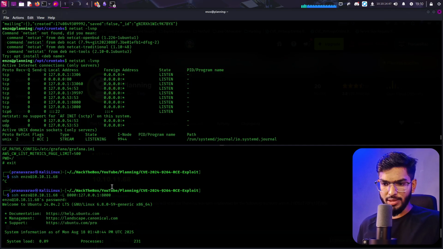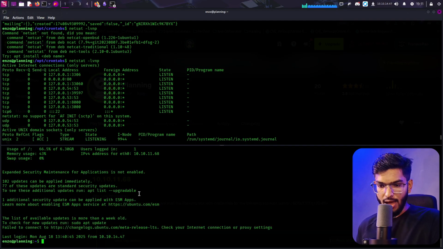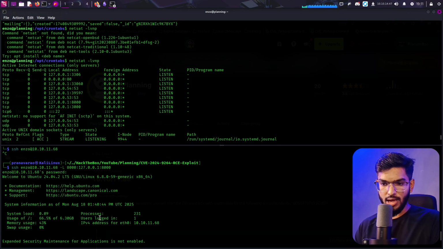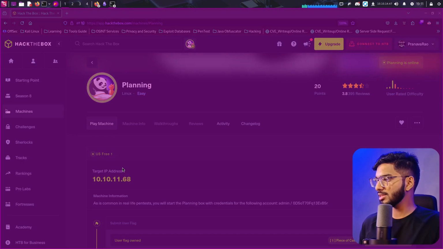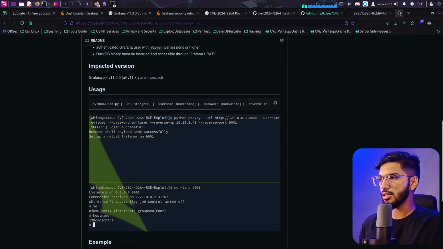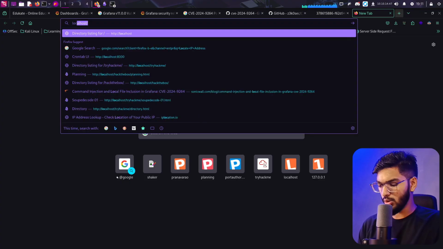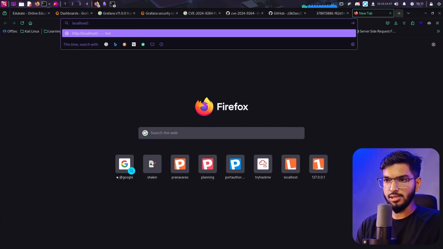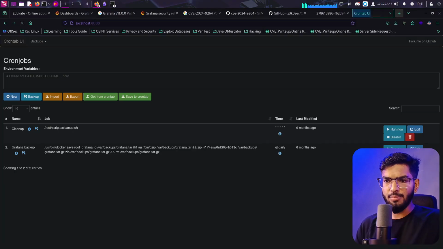Right now, what is happening is I'm bridging the connection from my system's port 8000 to the user Enzo's system's port 8000, which is the local instance. That's what I'm doing in this command. I've also got an SSH shell to it because I want to interact with the system again later. So I've port forwarded it, which means that if I come back to my web browser here and go to localhost, mention the host and mention port 8000, I'll be able to